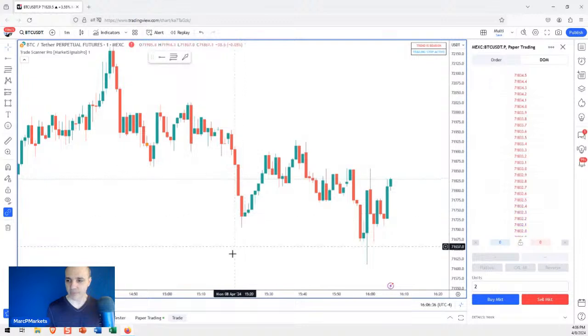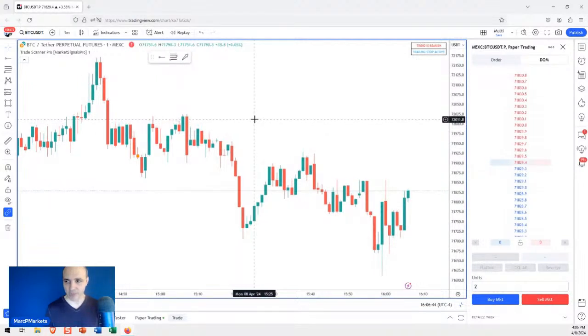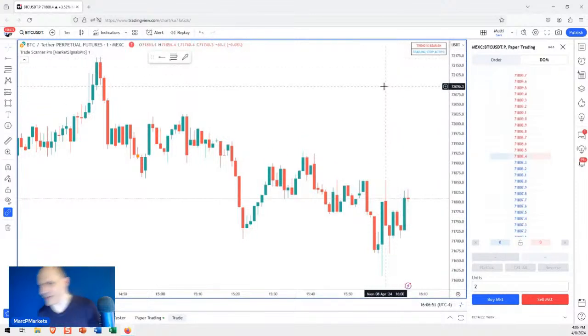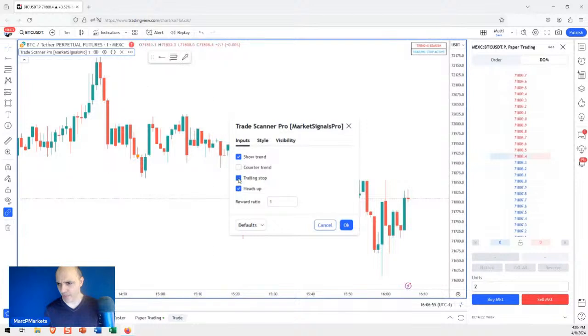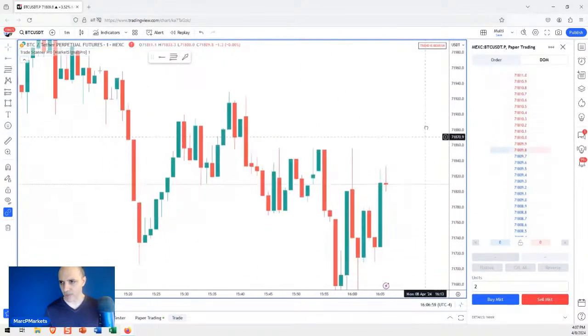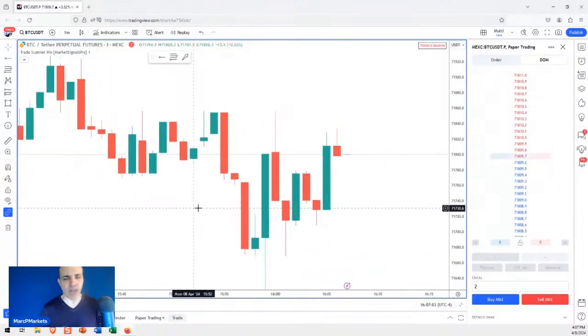Steen suggested having historical trades available on the chart, but I don't want messy charts. That's one of the key features to something like this: clean charts, right? Because there's something going on here. As you can see, it's watching the trend. This thing's got the trailing stop on. I'll turn it off. But there are things going on. We have the heads up to see if we get a pre-signal. But I want clean charts, because complicated charts.